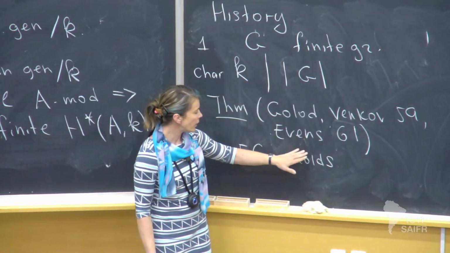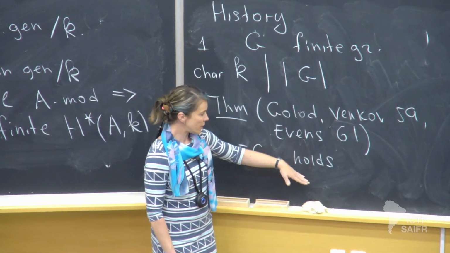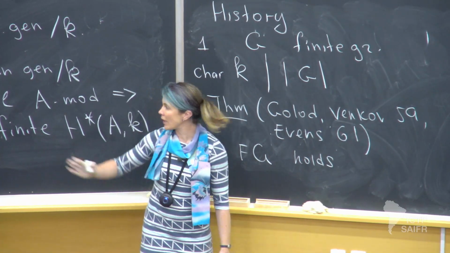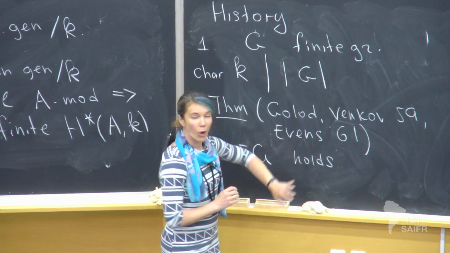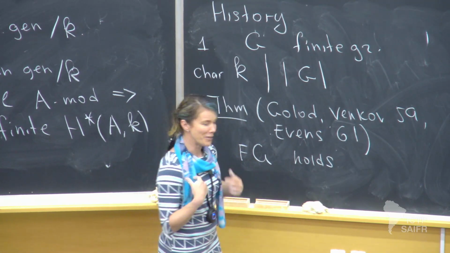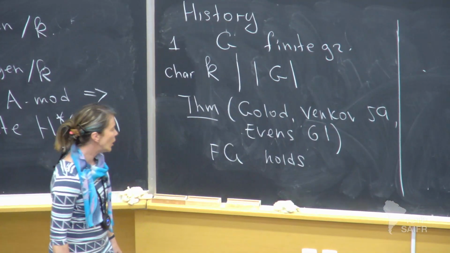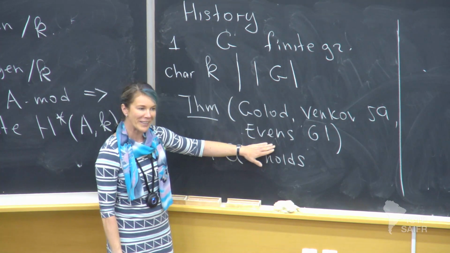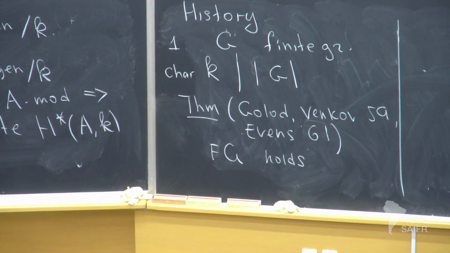His proof came out later, but he gave an algebraic proof of the same result, which just included, naturally, the second condition about modules. And Evens' name, hopefully, will come up again towards the very end, why his work actually was very important in what we are trying to do. But yeah, for us, the algebraic proof is what we want. OK, so finite groups are good.